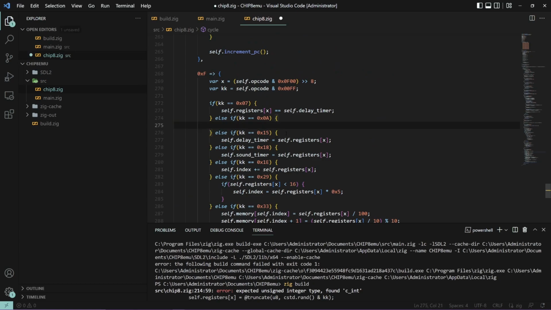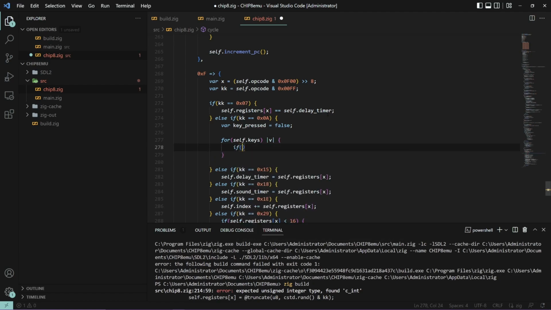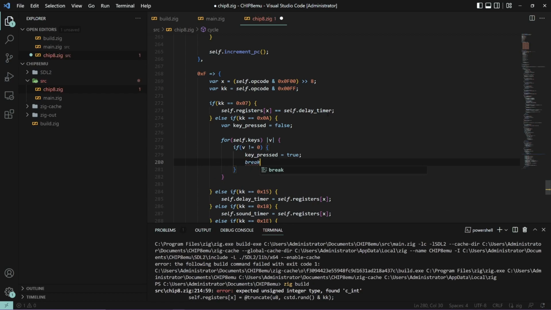And then the last one here, 0x0a. This one's complicated because basically it's just going to wait. It's going to waste cycles every time it does this. So we have to check if a key is pressed. By default that's false. Then we can go through the entire key array. Technically I could just do for v in self.keys and check the value. If self.keys at value v is non-zero, then the key press has to be true. We have to do a break, and then we also have to check